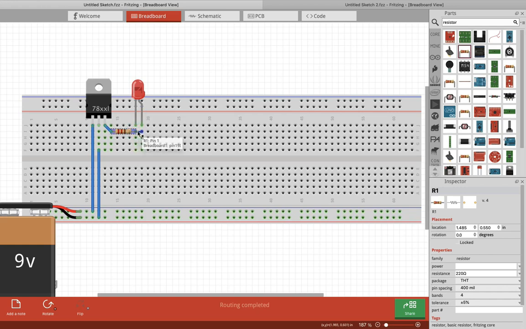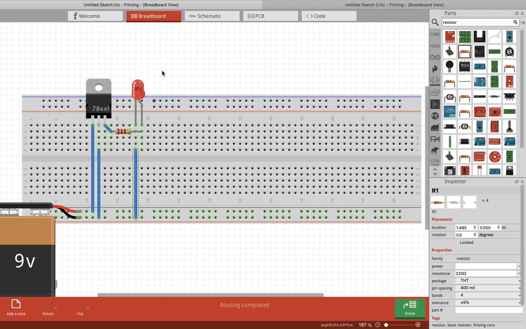Oh, sorry, I did the wrong thing. Positive should be connected to this, and the negative should be connected to the negative. If you already know the basics of electronics, you should know that we have connected ground to ground, and we have made this circuit where the 9 volt is going to the 7805, and the 7805 is converting it to 5 volt, and this 5 volt is going to the resistor. The resistor is dropping some amount of voltage here, so that the result is 3.3 volt.